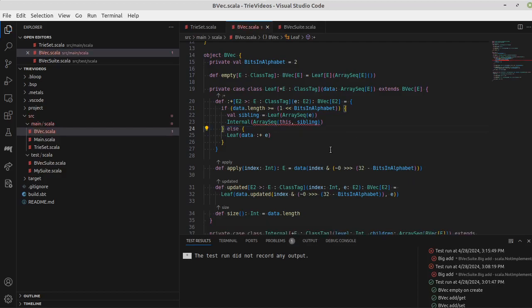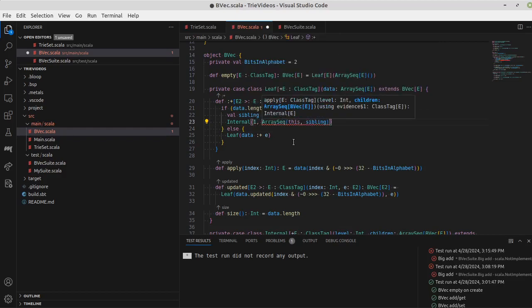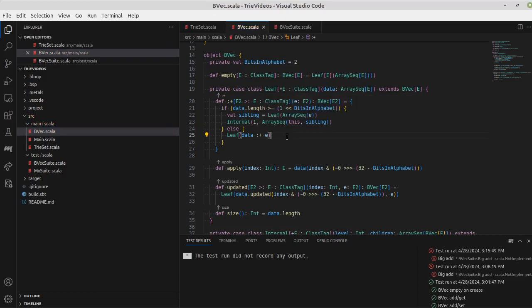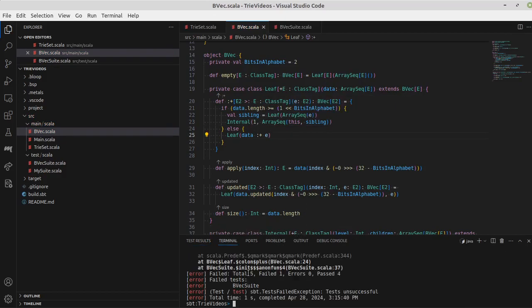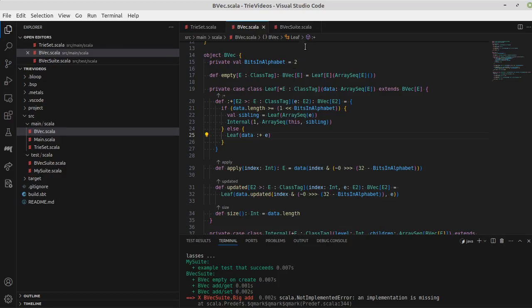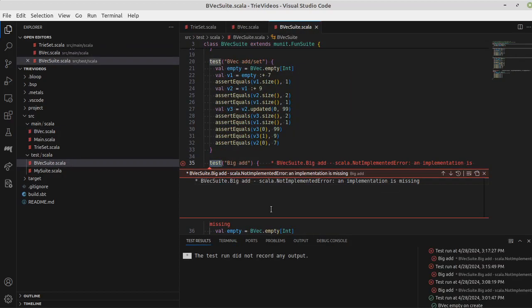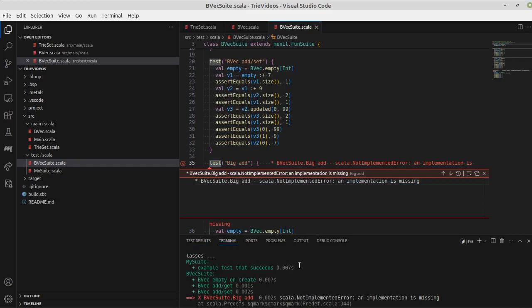Okay. Let's see. Oh, and I forgot, it's at level 1. Because this internal is one step above a leaf, it will always be level 1 there. What does that do for our tests? Now we shouldn't have the unimplemented. In fact, I can probably, since I still have this to interact with here, not implemented missing. What we're getting is an unimplemented missing now